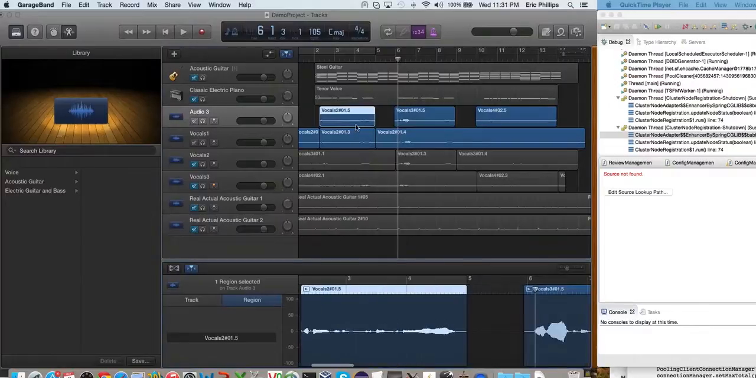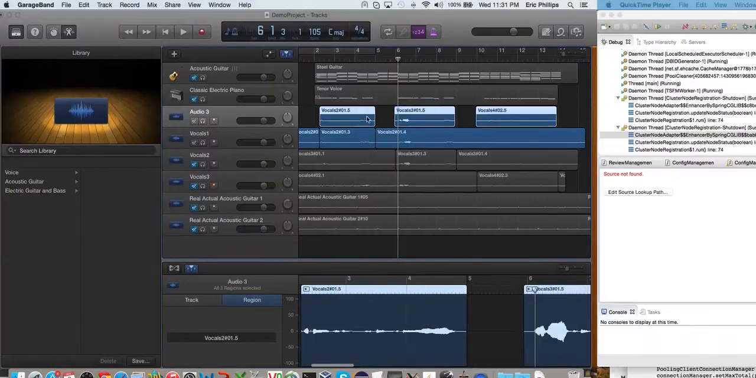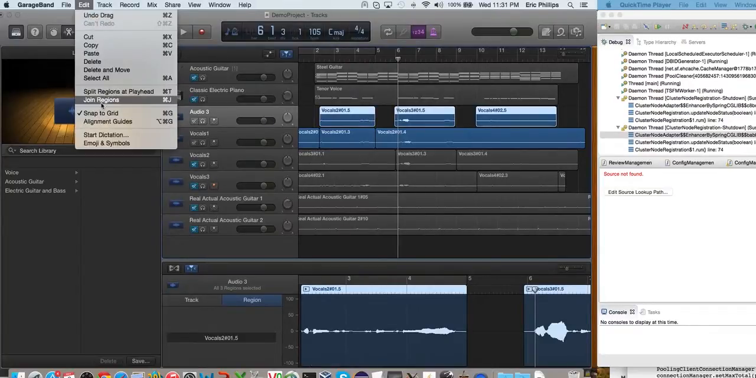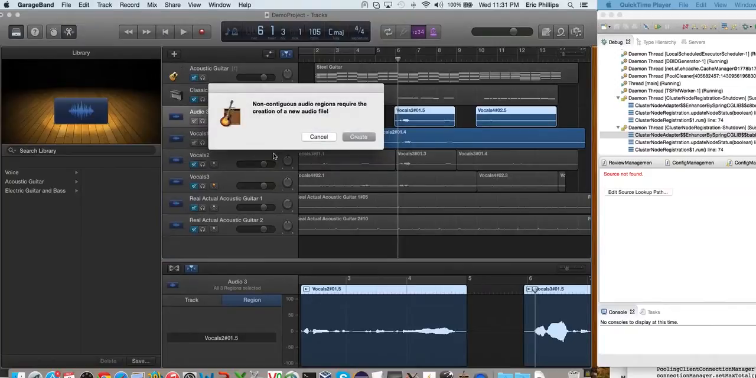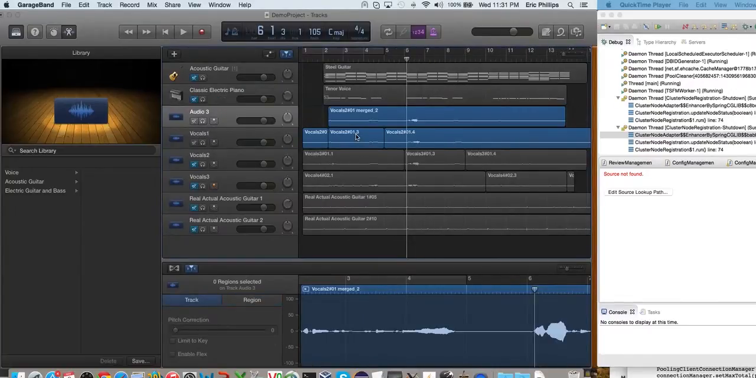And now you can select three different performances, three different tracks with the Shift key down. You can go here, join the regions. We'll say we're going to create a new audio file. That's awesome. We have a single audio file, and we can